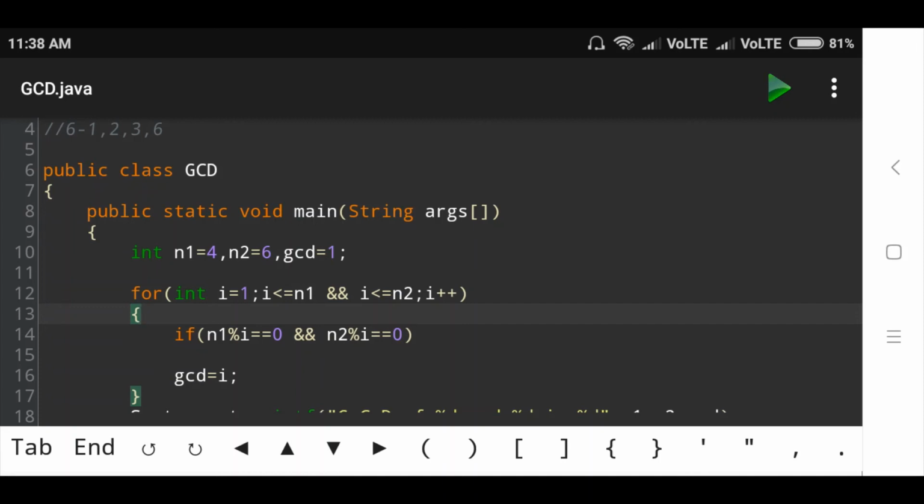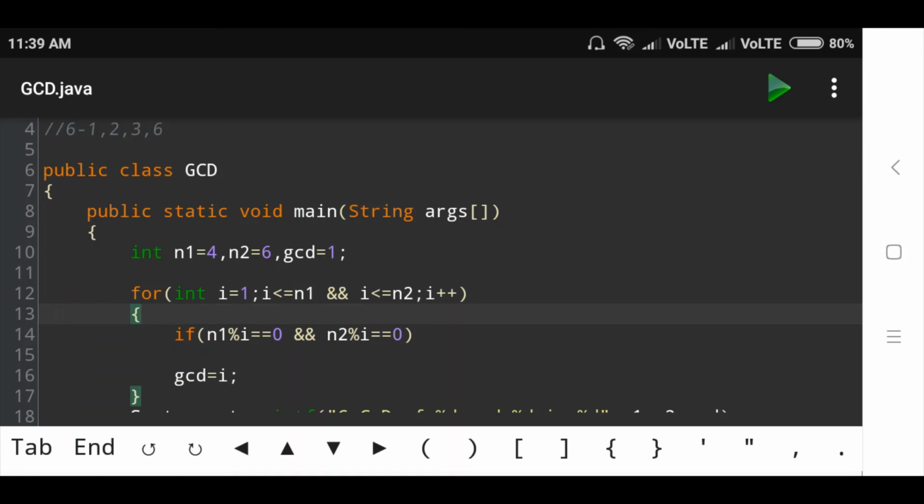Then go to the if condition again. n1 value is 4, modulus I. Here the first condition stops, check the next condition.